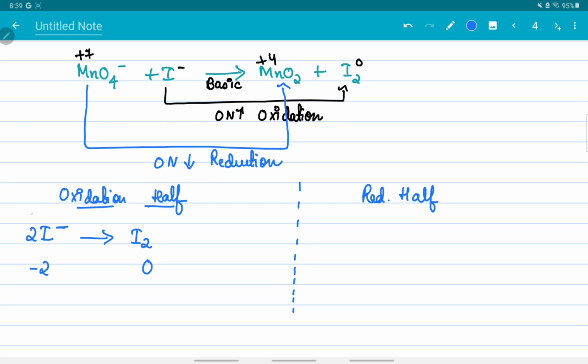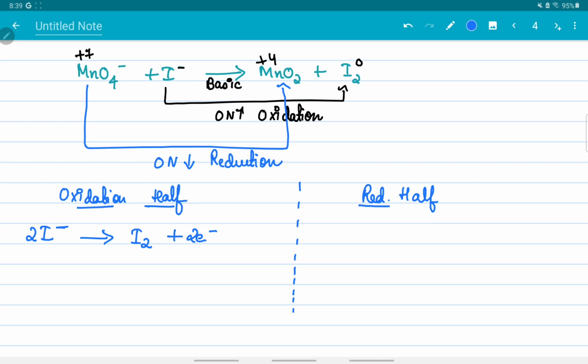Now if you see on the left hand side, iodine has got extra 2 electrons. Okay, and on the right hand side, iodine has got nothing. Neither did it lose electrons nor did it get new electrons. So we will give iodine 2 electrons, so that now both LHS and RHS will have 2 electrons. Okay, because this right side iodine didn't get anything, we will give it 2 electrons, similar to the LHS one. So now we have given 2 electrons to the RHS iodine. Now this is balanced. Our work is done for this oxidation half.